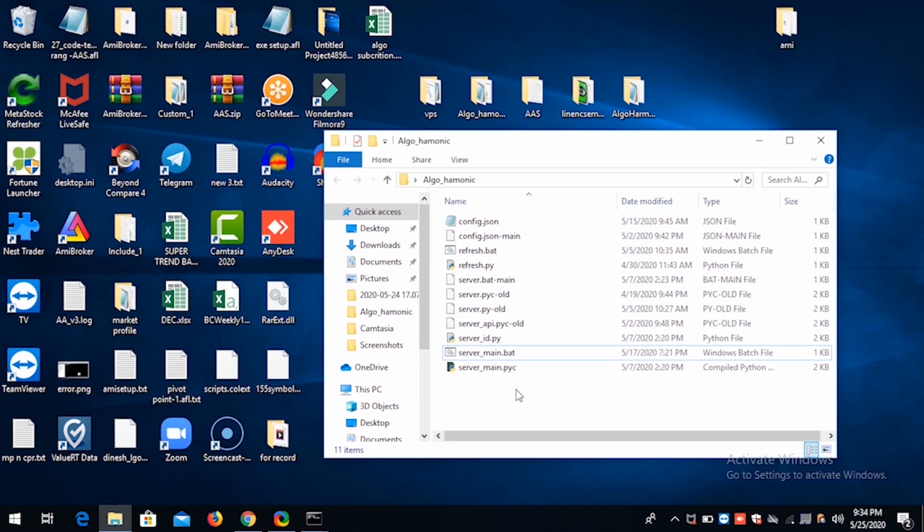So in short, I can say whatever you do is a waste until you get a Telegram alert, because we will not be sitting in front of the screen and we will not be watching it. So if you don't run this, then the whole setup is a waste for that particular day. So let's come to step number 2.